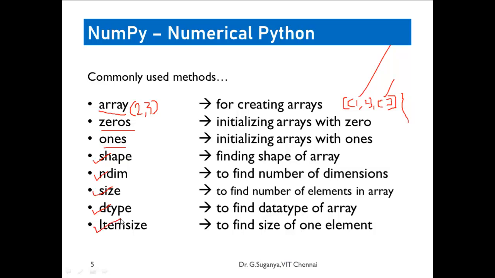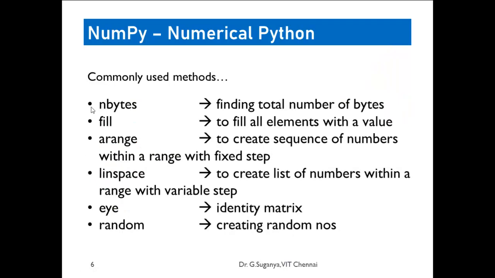Then itemsize. Itemsize states how many bytes of memory are used for storing one data element. If it is an integer in Python, it takes 4 bytes, so you'll get 32 bits. That is the item size. Continuing that, nbytes states the total number of bytes required for storing the array.